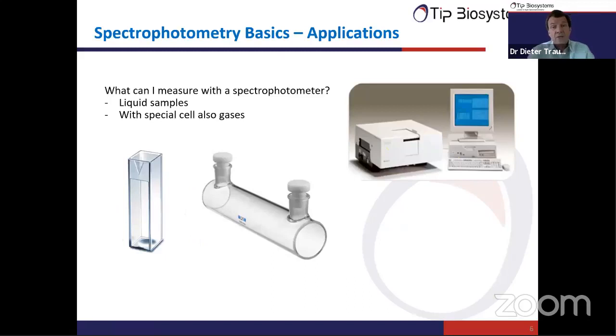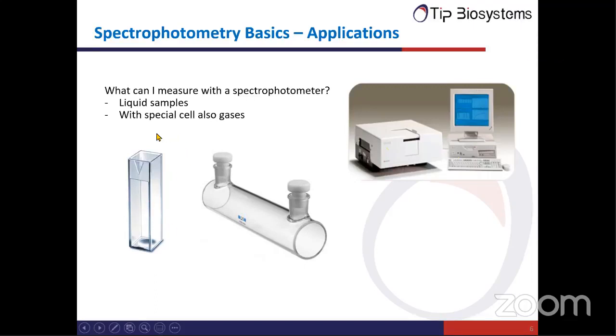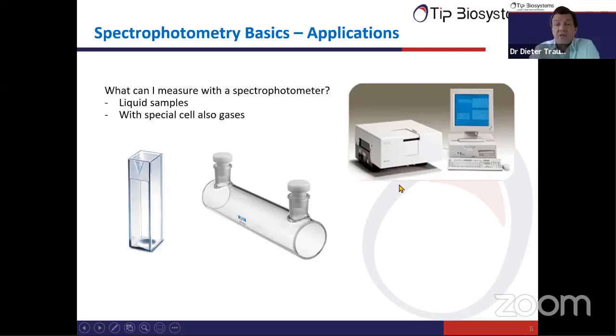So we mentioned already, typically with a spectrophotometer, we measure liquid samples. And here on this slide on the right top, you see a typical spectrophotometer wired to a computer or notebook to control the instrument. To get your sample inside, you have to fill your sample into a cuvette. Those cuvettes are typically made from plastic or from glass. If you measure in the UV region, you need a quartz glass. And then you need to fill your sample into the cuvette, place the cuvette in the spectrophotometer, and take your measurement.